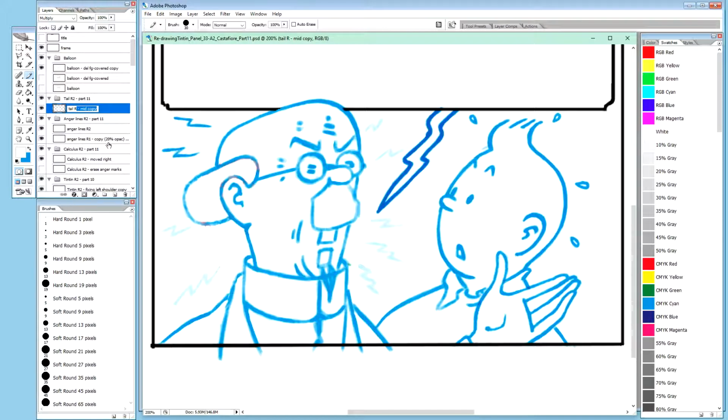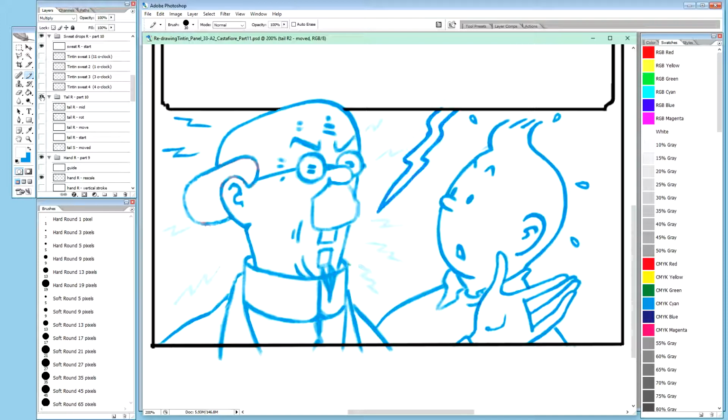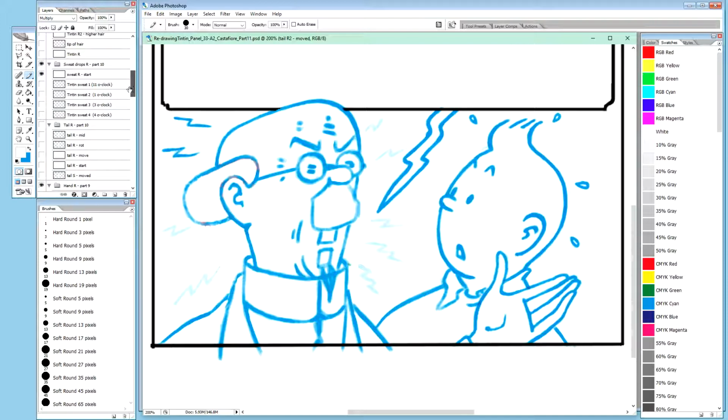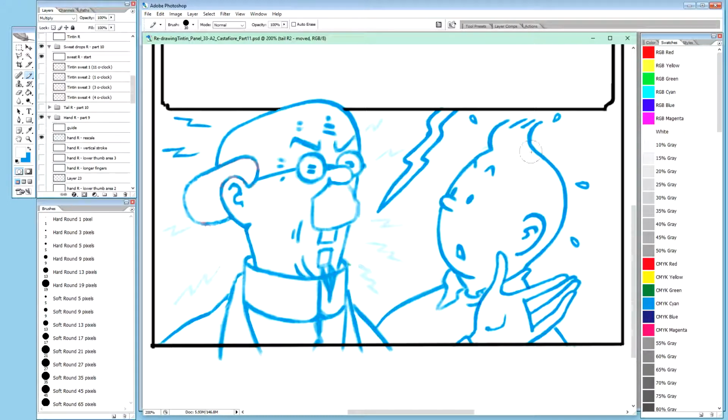Tail R2, moved. I haven't moved it yet, but I'm just preparing to move, and I'm removing that. And then what else we want: Tintin himself,